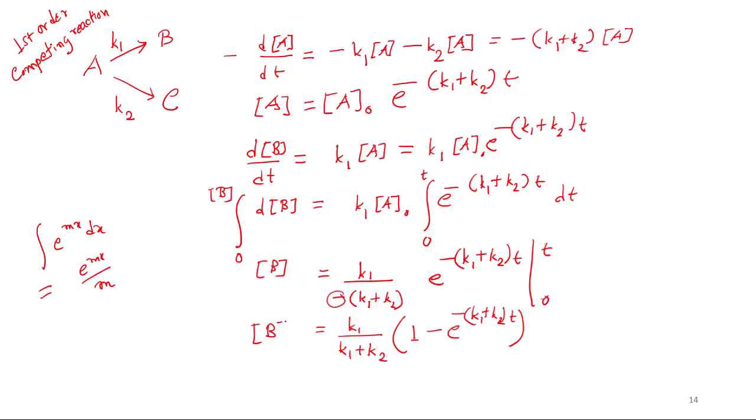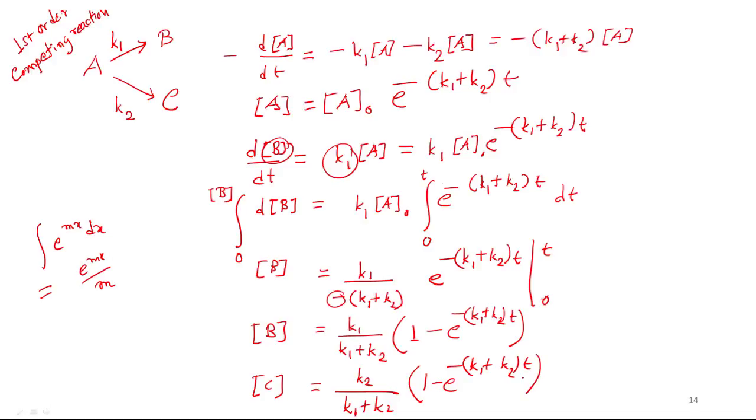Similarly, for the concentration of C, you can easily figure out that the rate equation is the same, with K1 simply replaced by K2. So this will be nothing but K2 over (K1 plus K2) into 1 minus e to the power minus (K1 plus K2) into T. Now if you plot the three terms, A, B and C, in the same plot,